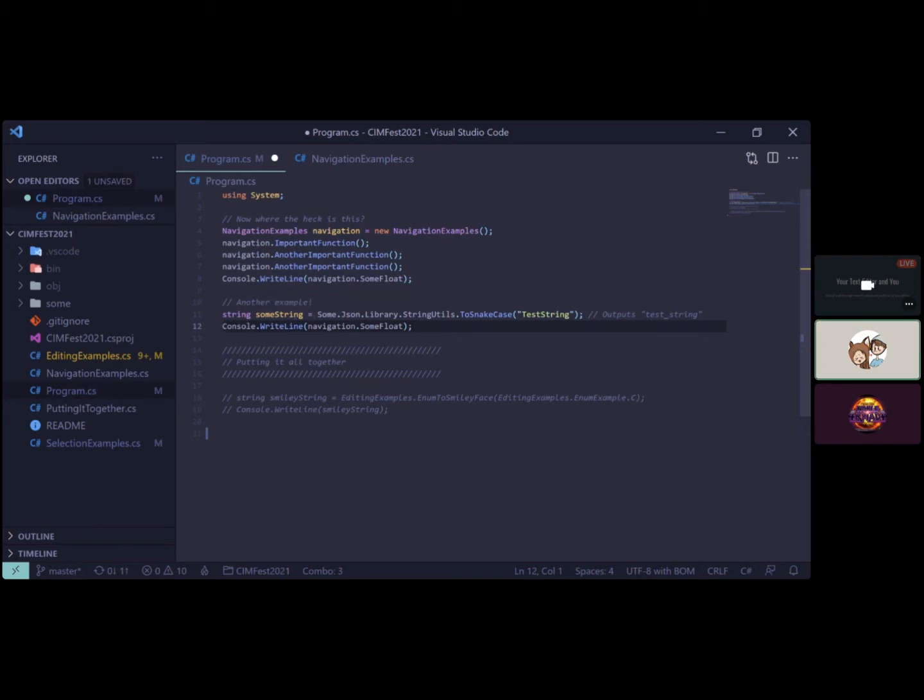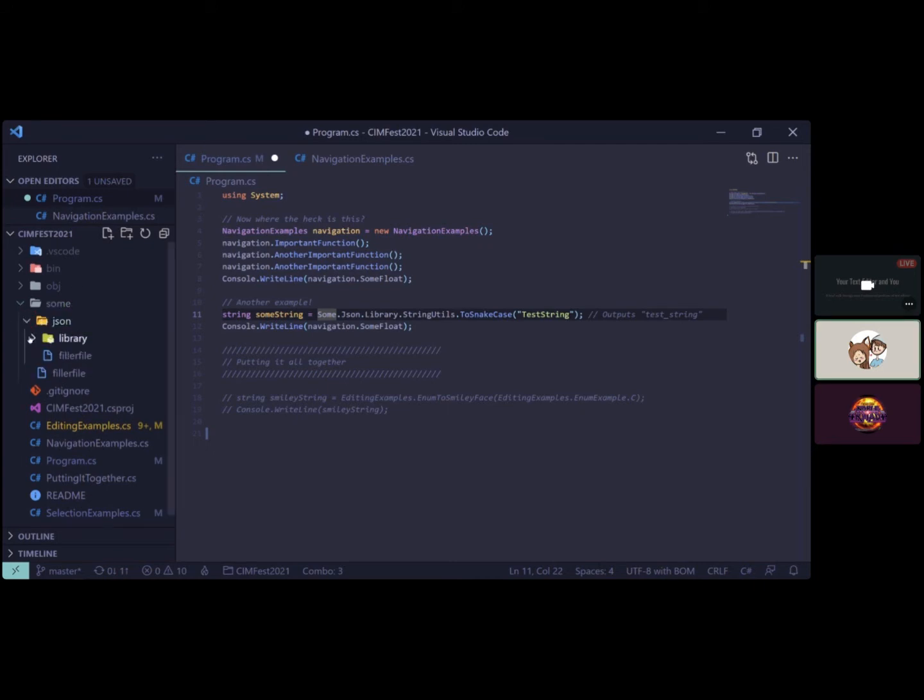Here we are declaring some sort of string that is part of some JSON library in some string utils class, and we're just going to call toSnakeCase, but we're not sure if it functions correctly, so we want to find it. Let's start with the method that we did first, where we go over to the left on the project panel. We drop down some JSON, well, I guess it's down there in the library in the folder,